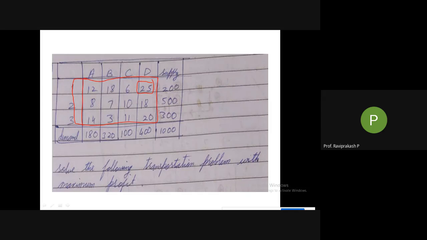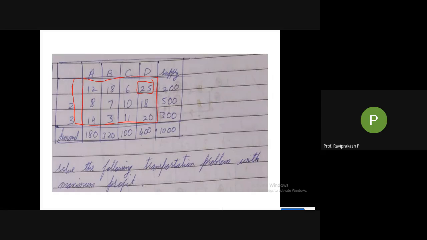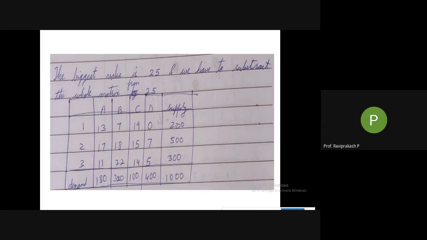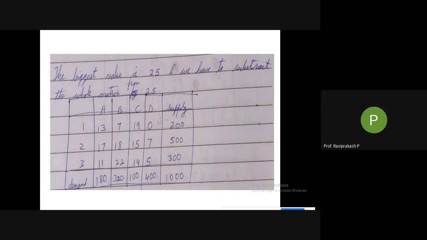What is the value? 13, sir. 13. So similarly, 25 minus 18, 7, sir. 7. Right? So similarly, if I have already done this, you can check out here. So directly check, I have got 13, as you said, 7, 19, 25 minus 25 will be 0. Similarly, next one, that is 25 minus, what was the value? 8. 25 minus 8, I am getting 17. Then 25 minus 7, this will be, yeah. Then 25 minus 10 will be 15.